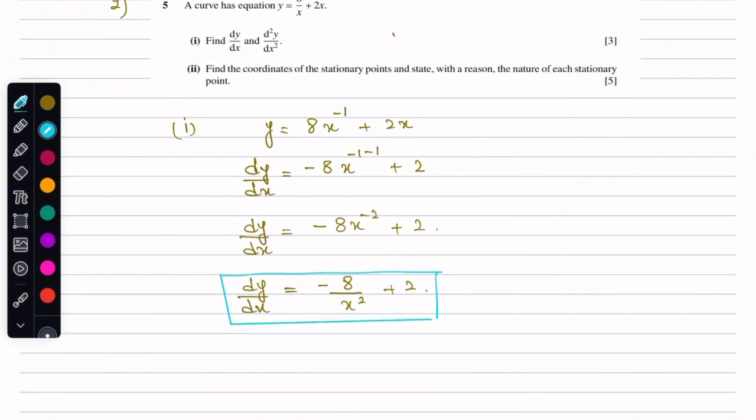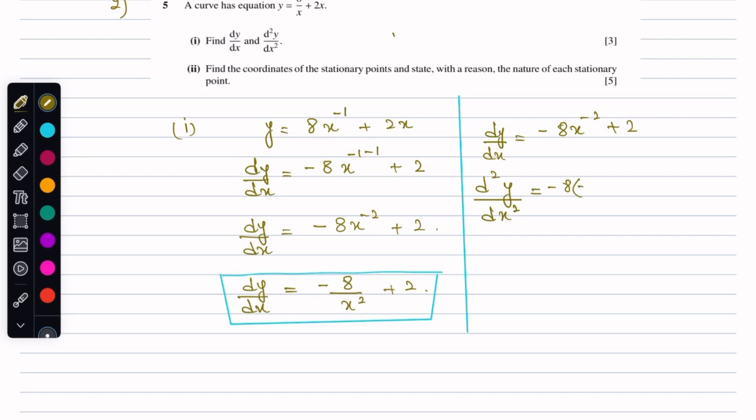They have also asked us to get the second derivative, and for that I shall be using the first derivative equation, which is dy/dx, which was equal to -8x^-2 + 2. So differentiating this a second time to get the second derivative, d²y/dx², which shall then be